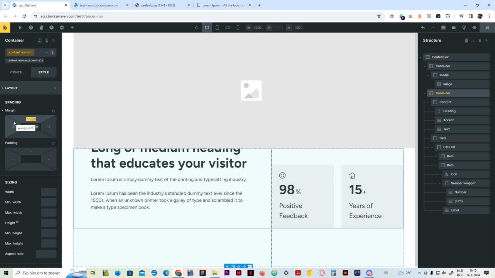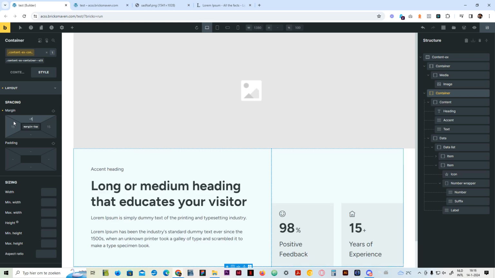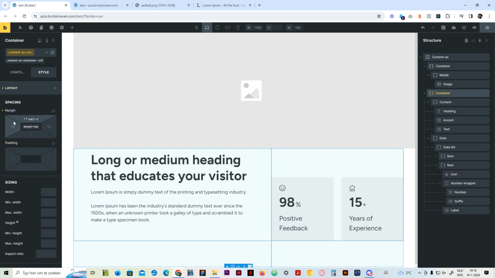It's now minus 150 pixels, quite random, but I want to use the spacing variables to still have some control when I'm doing it. So basically what I will do is a -1, and then multiplied by the spacing XXL, and then enter. Okay, so it is pushed up right now,